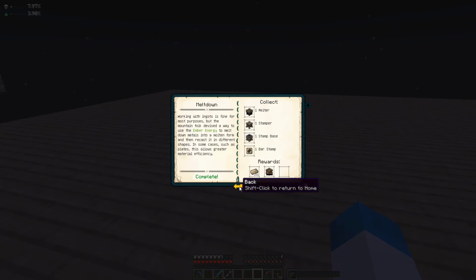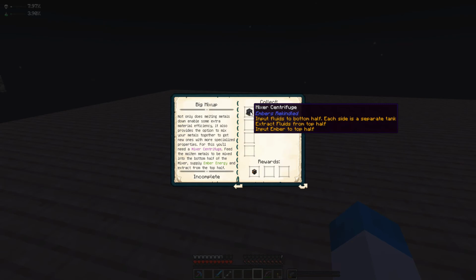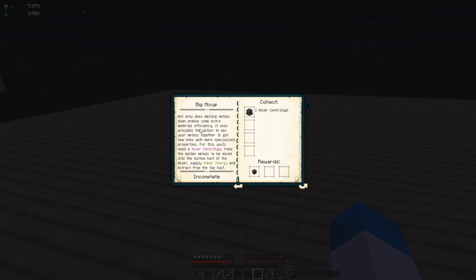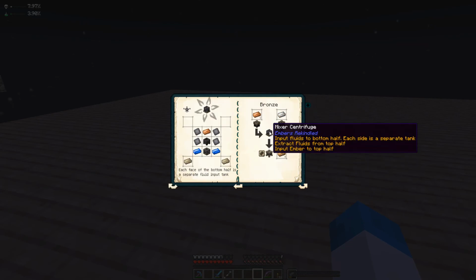All right, we've got another quest first. Let's have a quick look at this quest and see what it wants us to do. So there's two things. We've got tap it and big mix-up. So I'm presuming the mix-up thing is what we want at this moment in time. Embers rekindle. Not only does melting metals down enable some extra material efficiency, great, because I need some more niobium, it also provides the option to mix your metals together to get new ones with more specialised properties. For this you'll need a mixer centrifuge. Feed the molten metals to be mixed into the bottom half of the mixer, supply ember energy and extract from the top half. So this is, again, it's not something...